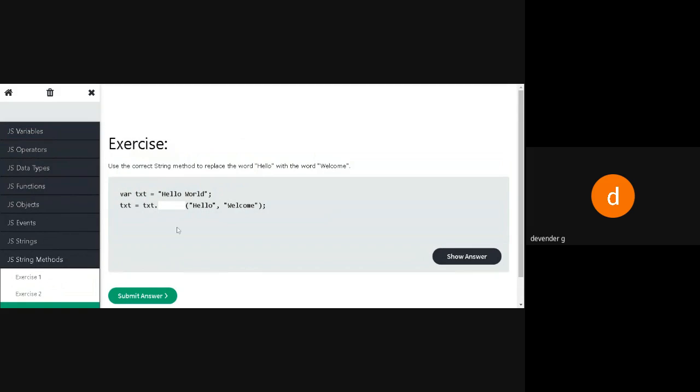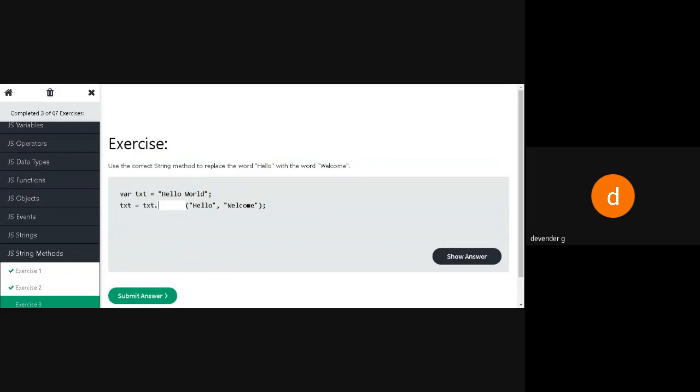Now I want to replace the hello with welcome. Okay, hello world is there. So I want to replace the hello with welcome. What do I have to write here? What is the method I have to use?